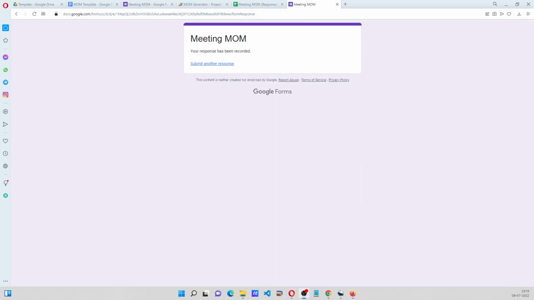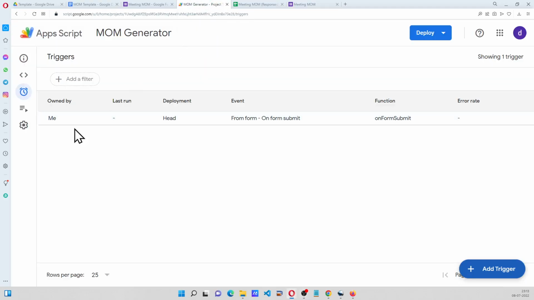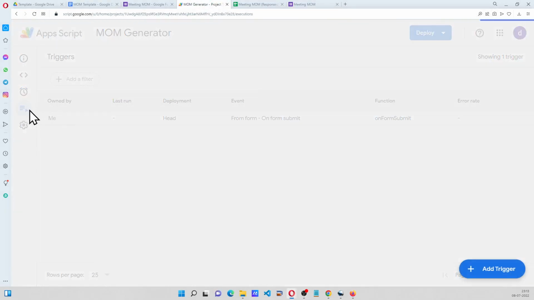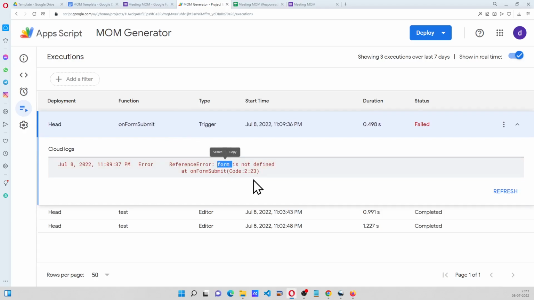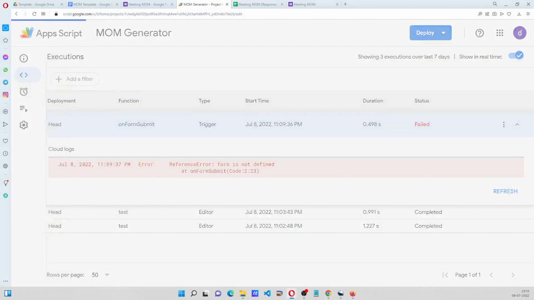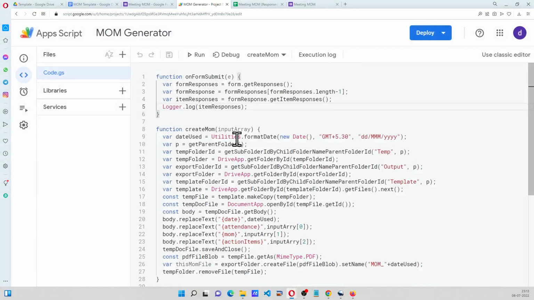And now that we have submitted a response, let's go to executions, which is this button, and we can see that the function has been triggered and "form is not defined." There is an error here called form is not defined. So let us define that,